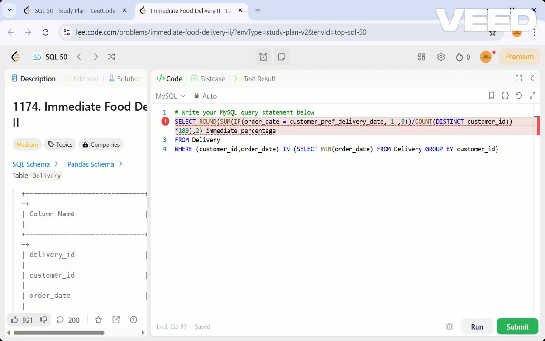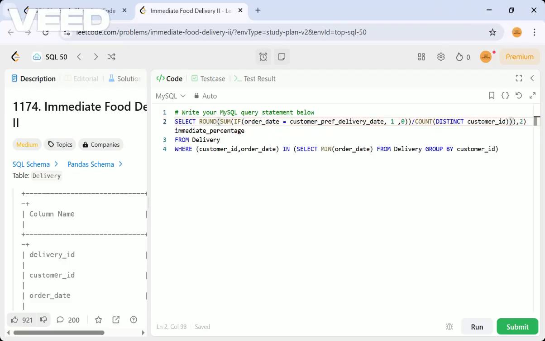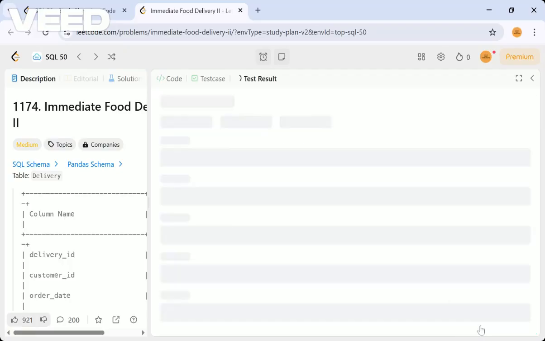So let me fix it here. Multiplied with 100 should be in the numerator, right? Yeah. We have some syntax error here. We should make these braces in a clear format so that it will work for us. I hope this will work.